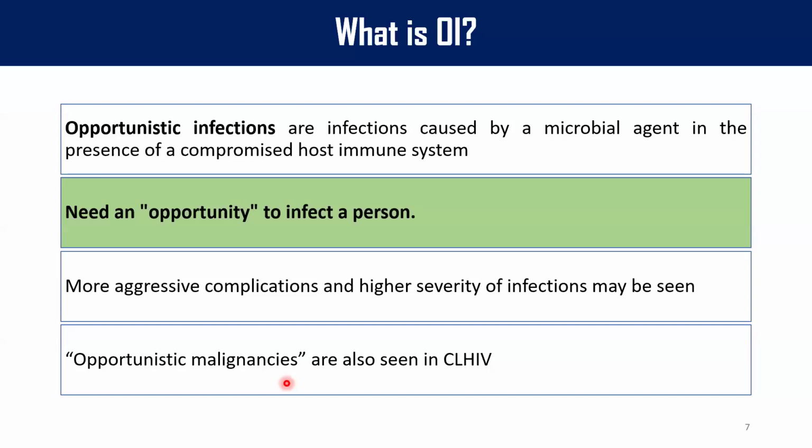And sometimes even opportunistic malignancies, though it is a non-infectious condition, sometimes may be infectious, but most of the time it's a non-infectious condition. But these malignancies are not seen in an immunocompetent child. These are seen because of a dysregulated or suppressed immune system. So when I say opportunistic infection, it includes an infection with an unusual organism, infection with an unusual severity, infection with an unusual duration, as well as opportunistic malignancy. All these things together are opportunistic infection when we are talking about OI in an HIV infected person, maybe adult, even children, whatever it is.